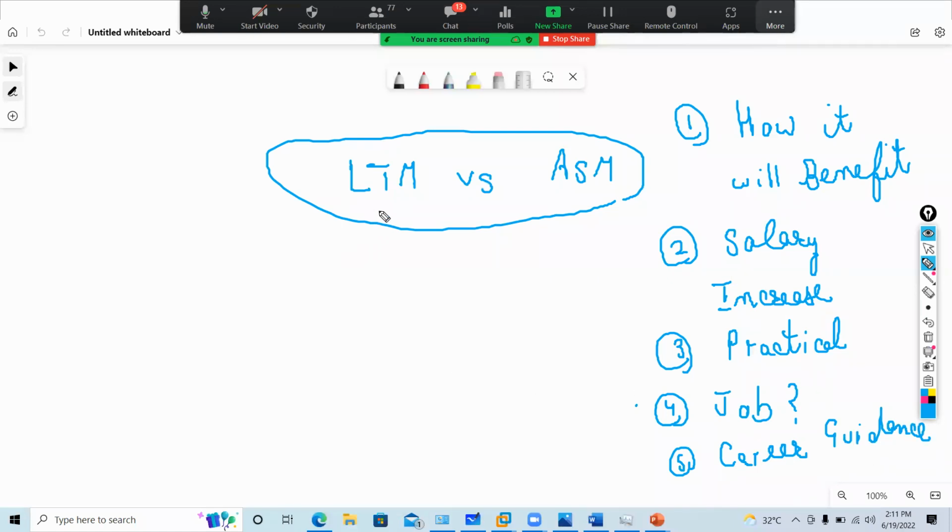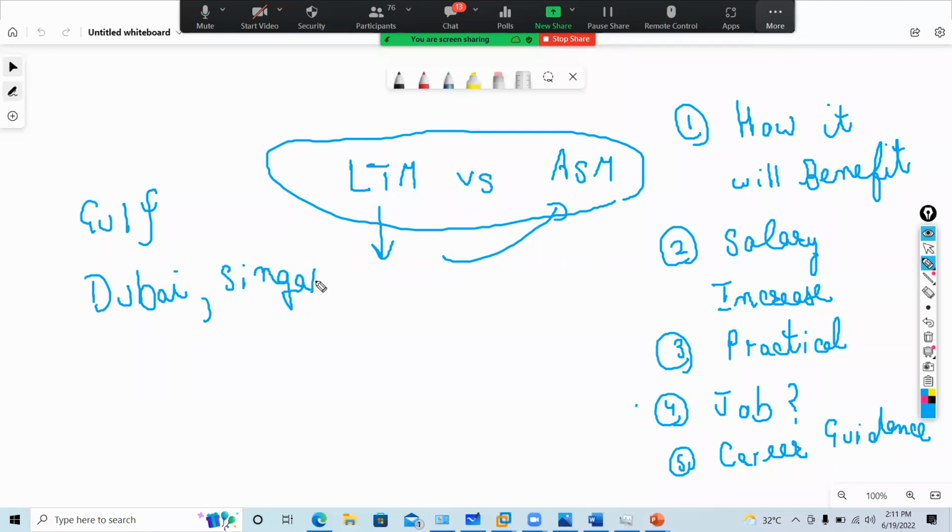And if I'm good in LTM, do I still require ASM knowledge? Trust me, whether you are in Gulf countries like Dubai or other countries like Singapore or any Pacific countries, if you're good in LTM, people will also require knowledge of ASM.